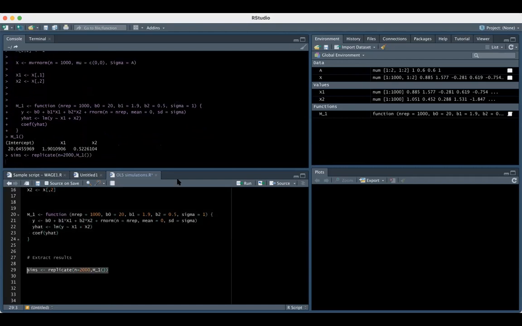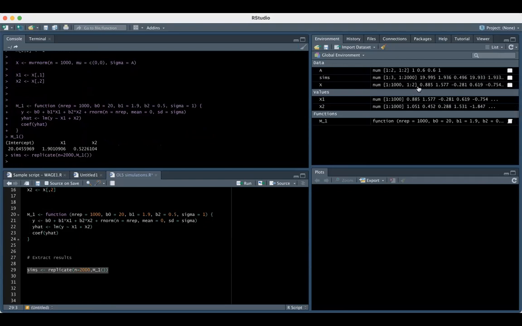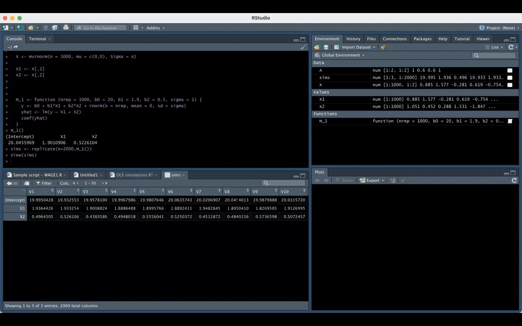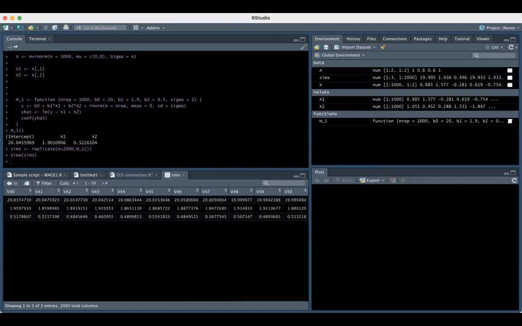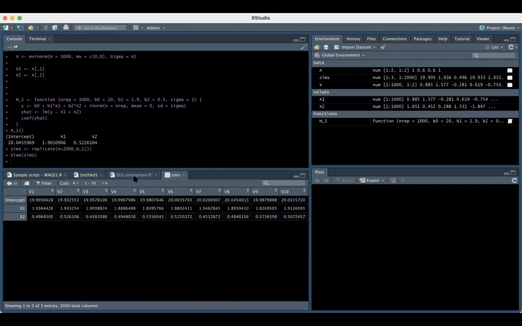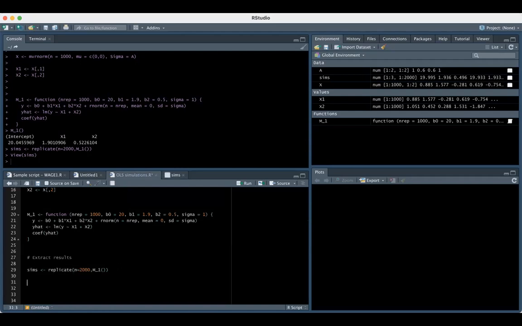Okay, and then we'll get the sims, right? So you have 3 rows. Maybe we can check this. You have 3 rows, one for x1, one for x2, and you have your columns basically for each iteration. So you have 2,000. We did 2,000 iterations. Okay, maybe we can get the mean